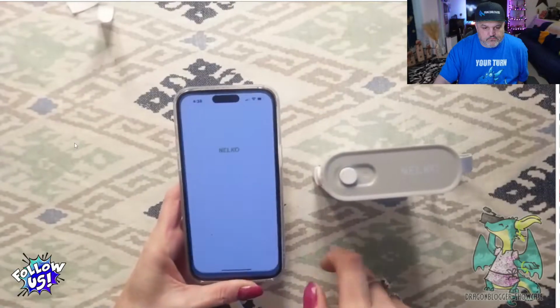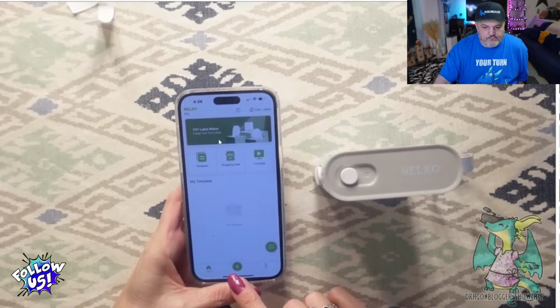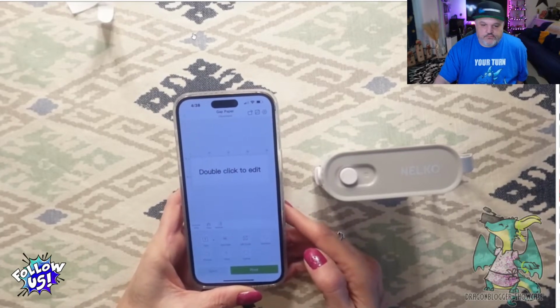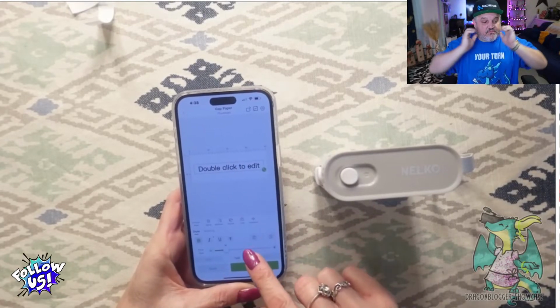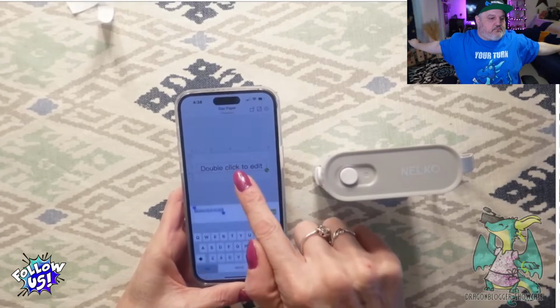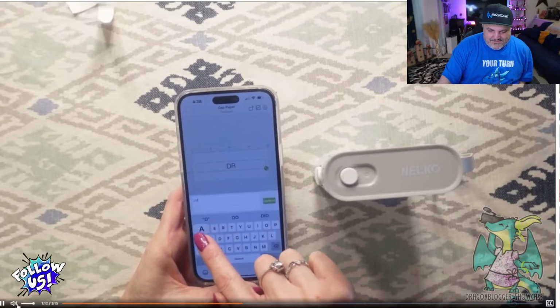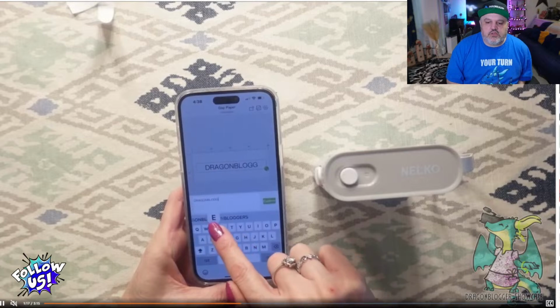So the app is really, really easy to use. And you see you can get right in and make a label. And you just change what they have there. There's different text, all different styles of writing. So as you guys can see there, you guys can print out whatever label you want,